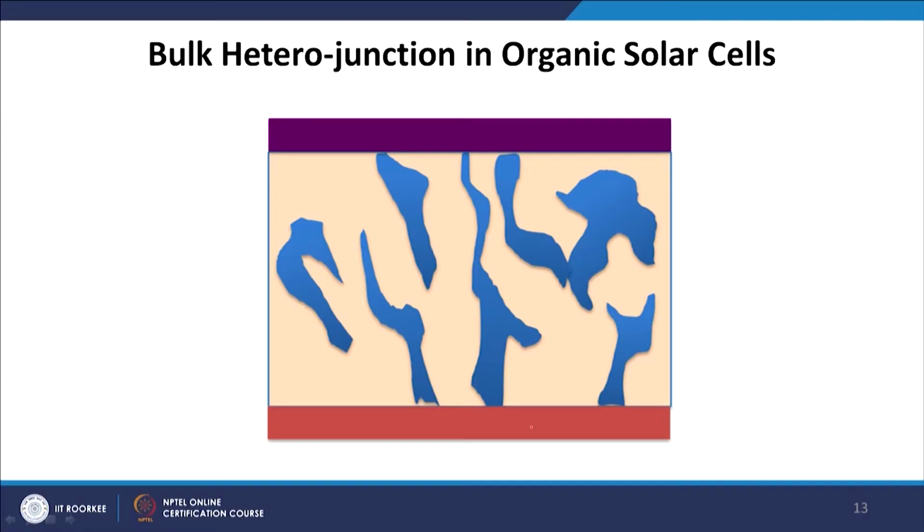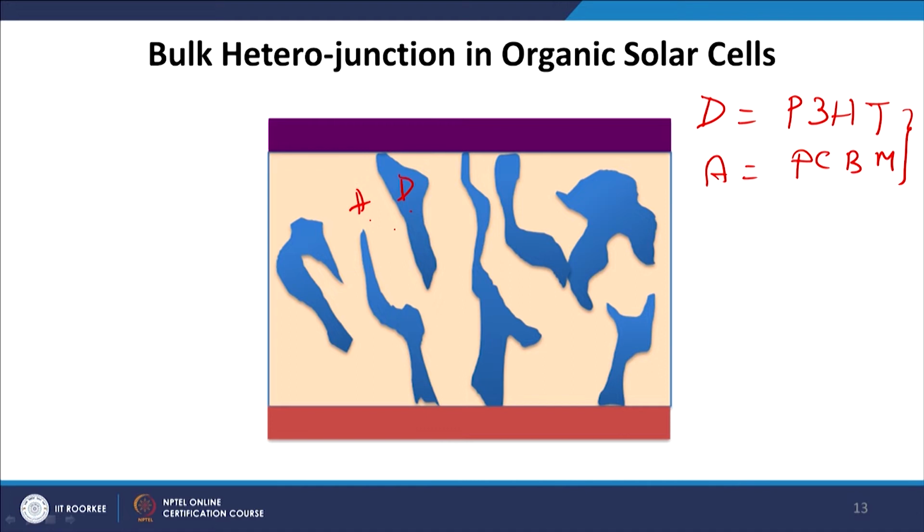Look at a bulk heterojunction solar cell. Let us say this is a donor material and this is an acceptor material. As a donor material we use a conducting polymer like poly 3-hexylthiophene, which we call P3HT, and as an acceptor material we use PCBM. These are the two materials used in a very standard way, and the reason is that their energetics match. People have achieved an efficiency of 6% using this P3HT:PCBM, and in a module 3 to 4%.